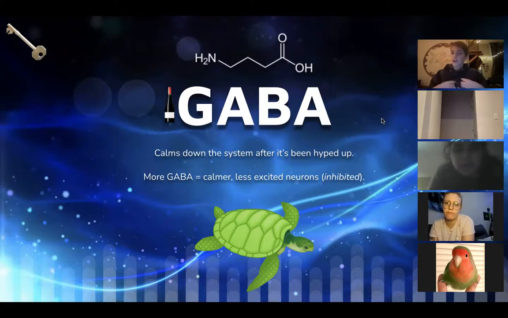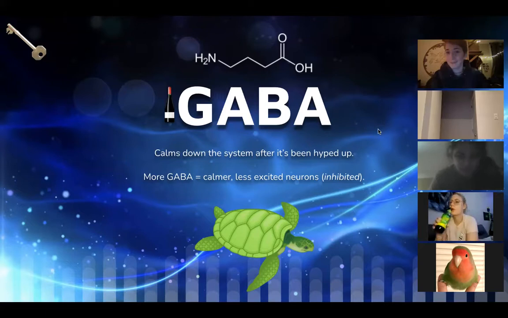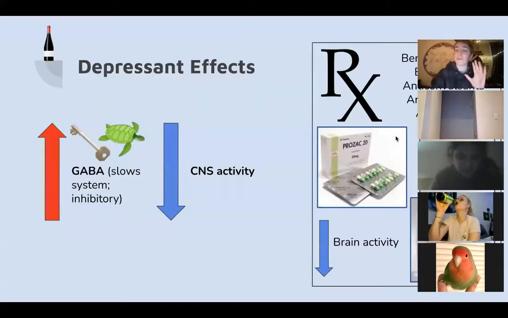And this is kind of one that people sometimes have a hard time wrapping their heads around. More GABA means less activity. You can think of increasing GABA levels like throwing pillow fluff into a room. Like you throw more of it in there and it's more fluffy than it was before. So GABA is affiliated with depressants.